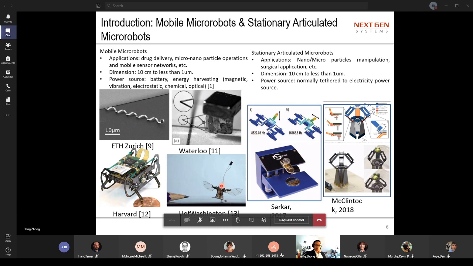So this robot is harvesting energy from the laser beam through this solar cell. But it's small, so there's no need to store energy. It can drive these things to fly. For the stationary microrobot,